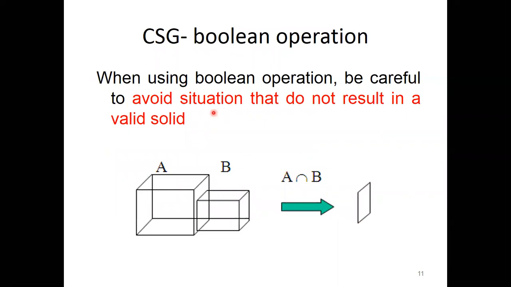Whenever Boolean operations are used, we must be very careful while doing the intersection operation. In this case, if the intersection is going to be only a plane, it is not a three-dimensional object. This kind of situation should be avoided. Intersection means there should be a common 3D object. That will be the result. Otherwise, your software will say that the selection is wrong, or no common surface, or no common 3D object identified. That will be the error message.